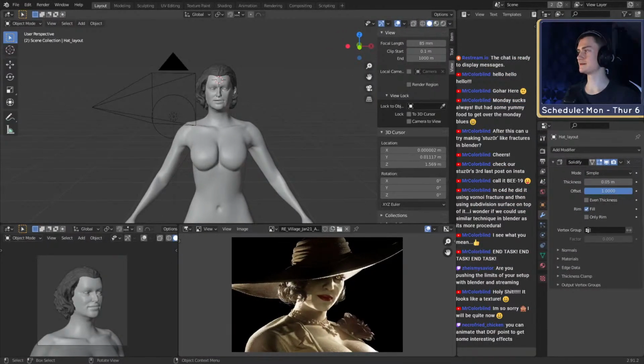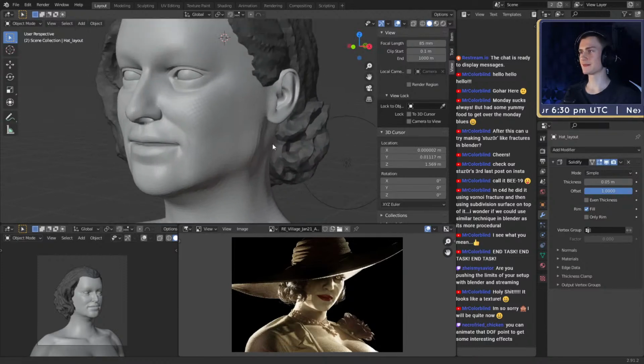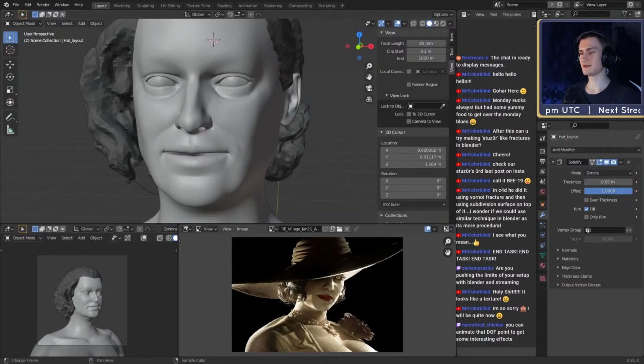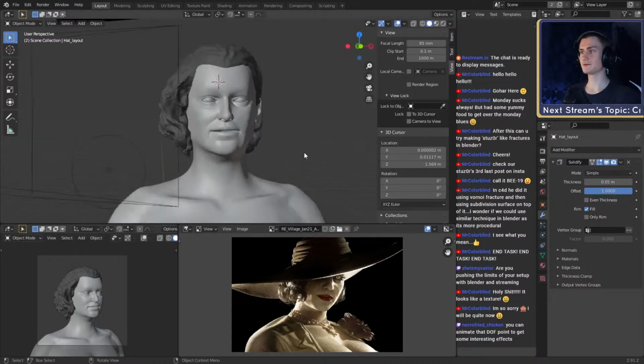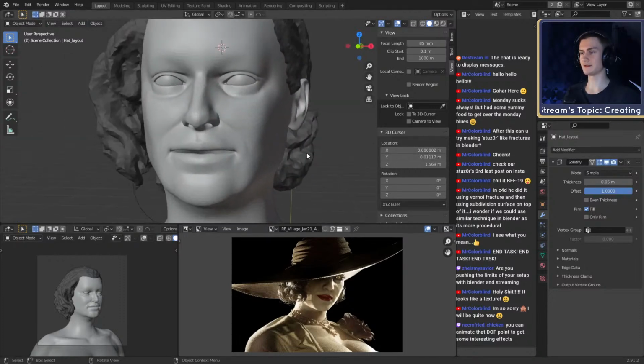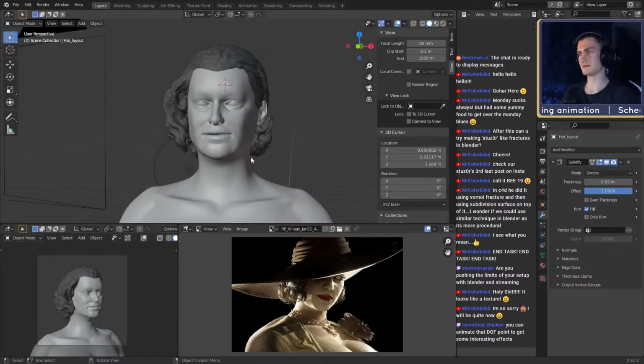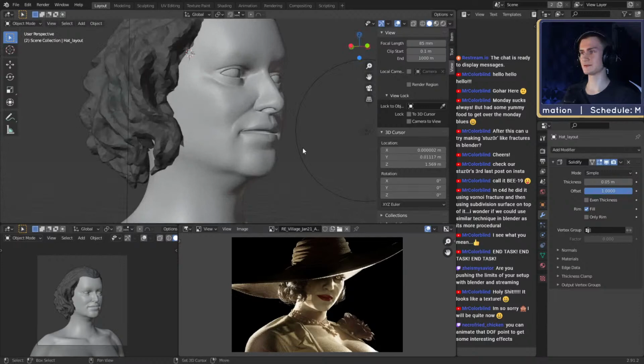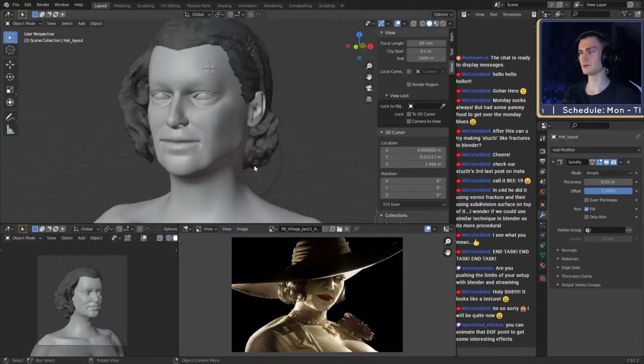The most difficult part with working with a female character is that sometimes if they have a lot of makeup, you can't really see the character. If you want to make a likeness sculpt, for example, that's what I attempted right here. I'm not a pro in this, so there's probably a lot you can improve.